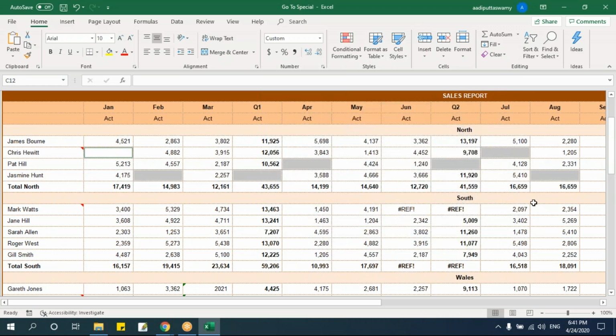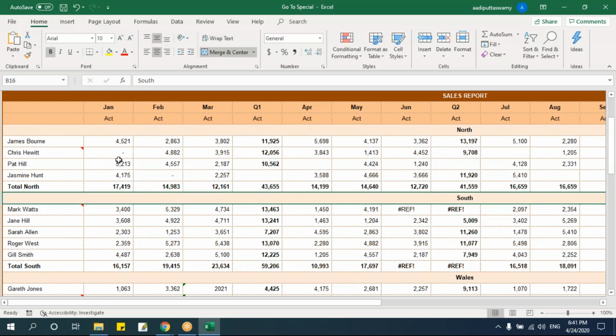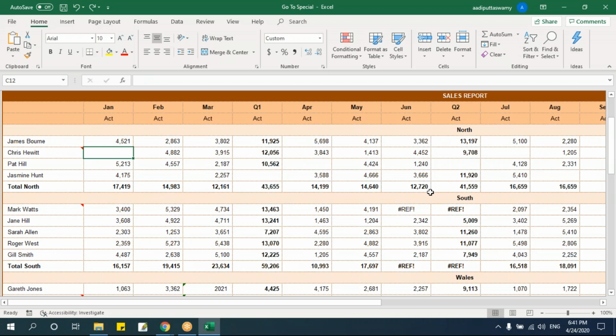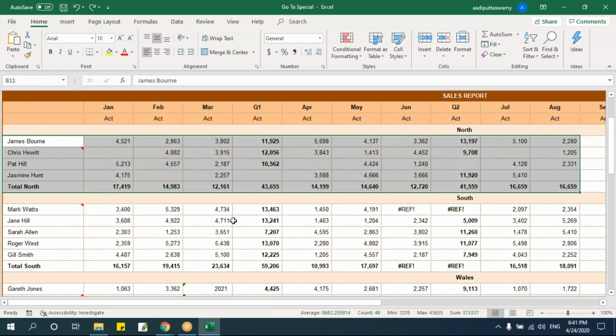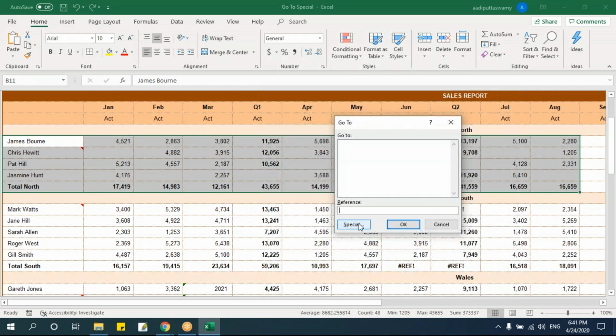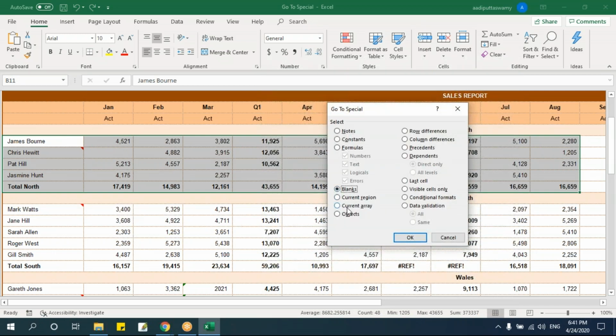Just that's all. So what is the use of it? This is very useful, I'll tell you when. When we're actually discussing the average, I told you wherever there is some blank, sometimes you might have to add zeros. Let's observe that I have to add 0 here, wherever blanks are there. I have to go and keep on typing in all the places. Instead, what I can do is use Control G, special, blanks, select blank.